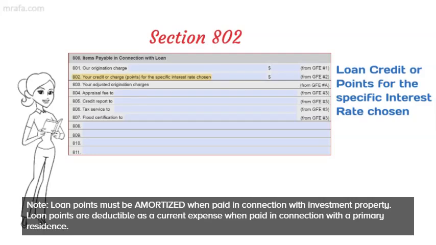So let's say we have $4,000. We chose the 2,000 points for a $200,000 loan. We can only expense that for a 30-year term, if that's our loan term is 30 years. However,